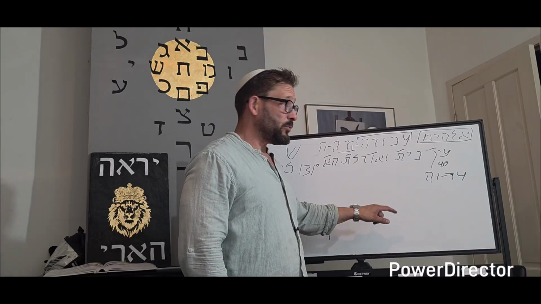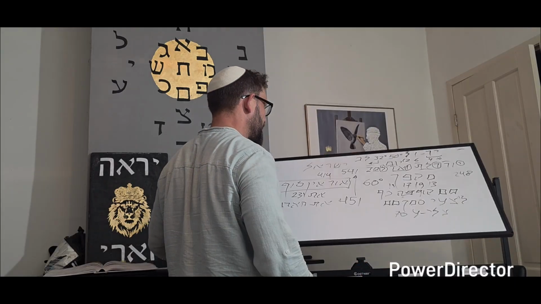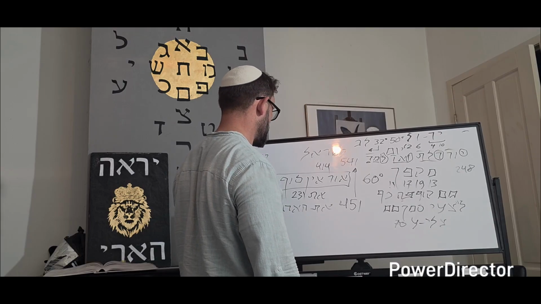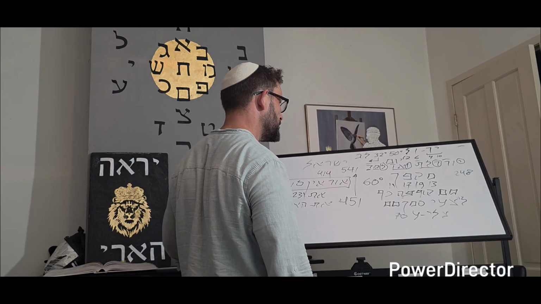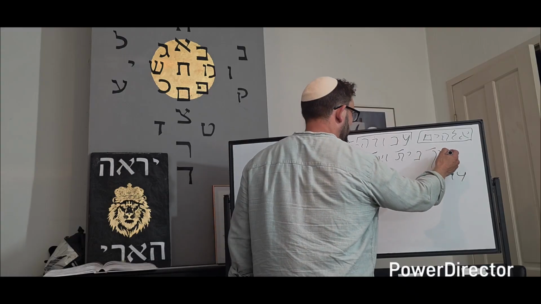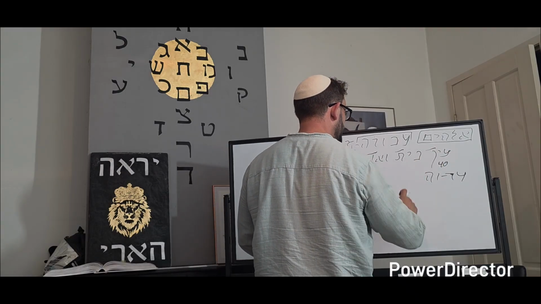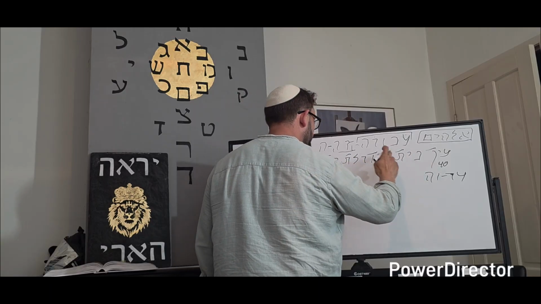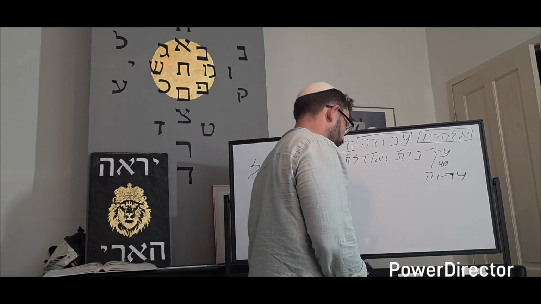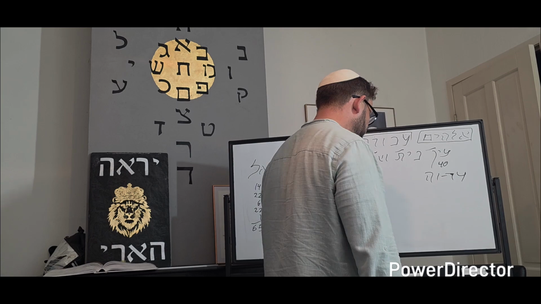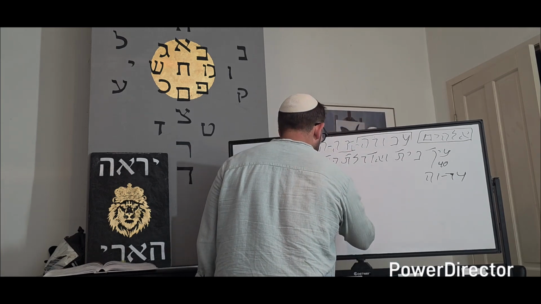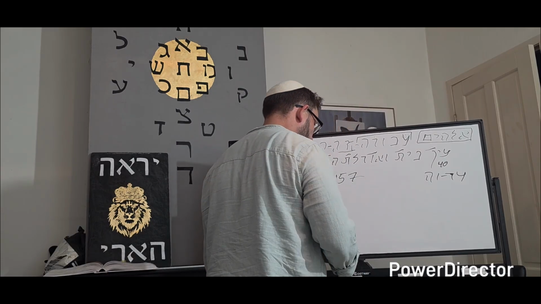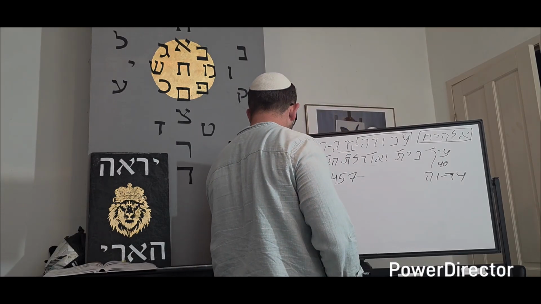So just like with the other word, we did it here, but this is a big one. So that will be Ayin in a triangle, Ayin Beit, Vav, Ayin Beit, Vav Dalet, Ayin Beit, Vav Dalet, Hey. And that gave me a value of 457, which is again, but now with the Vav,